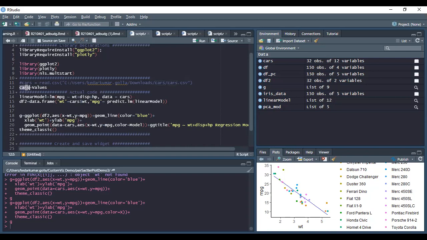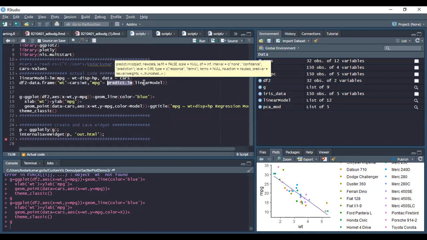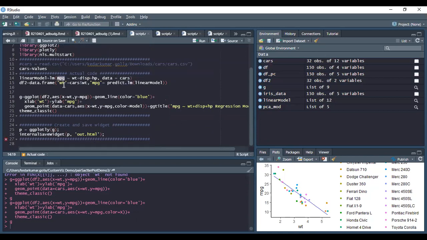After that, I'm using this cars data frame to create a linear model, where I predict MPG using weight, displacement, and horsepower. So I wrote this linear model. Then I'm predicting what the outputs will be from this model. Then I'm using ggplot to visualize my predicted values. I have stored the predicted values in the df2 data frame.